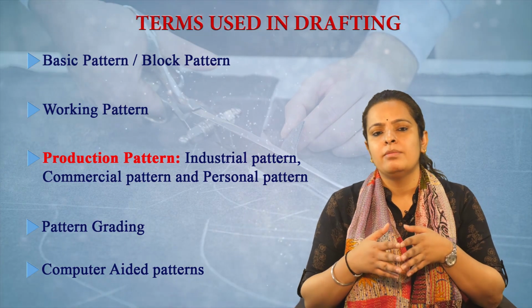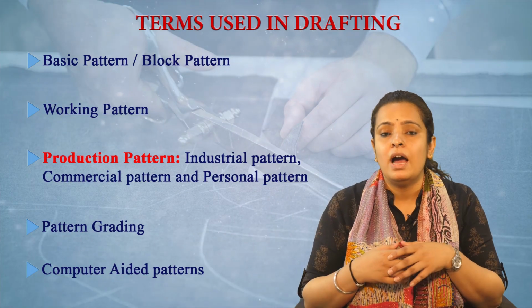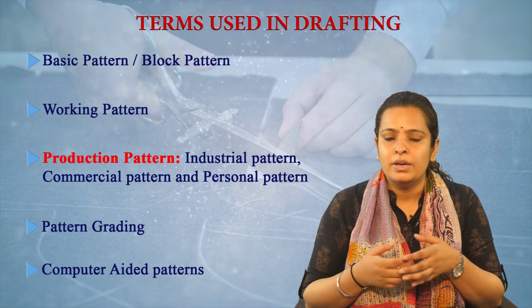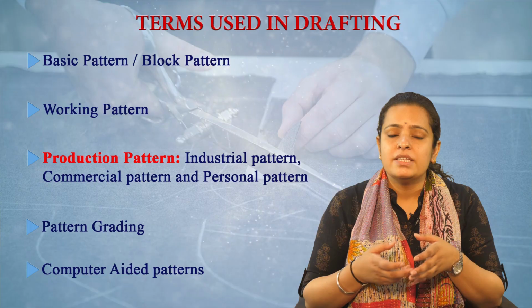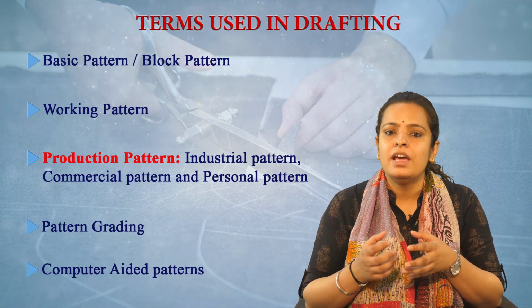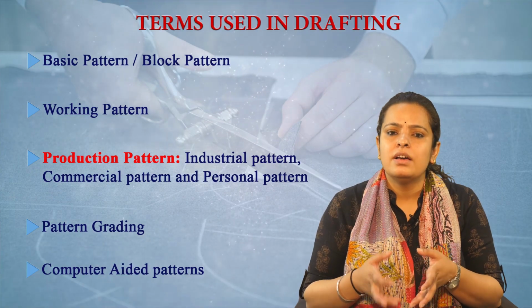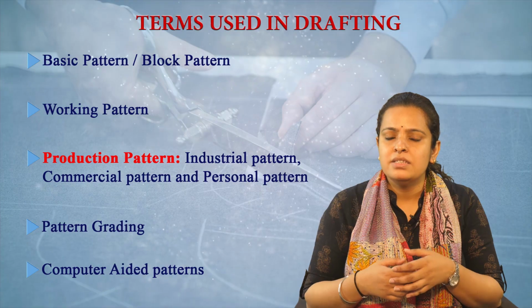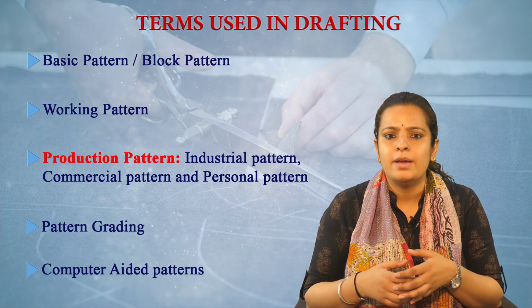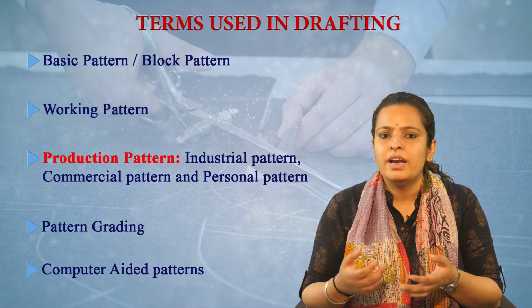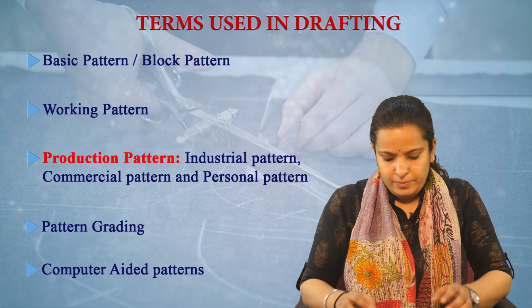When you go for pattern making, and as you will see when we discuss the steps involved in the construction of basic blocks of the bodice or the sleeve, there are lots of calculations and manipulation of numbers. So software like computer aided patterns decreases our time and pressure for converting all the measurements in an easy way. So this was about the terms we generally use when we go for